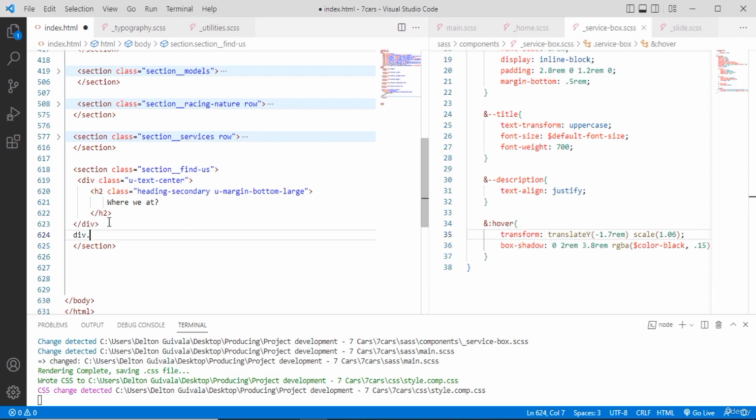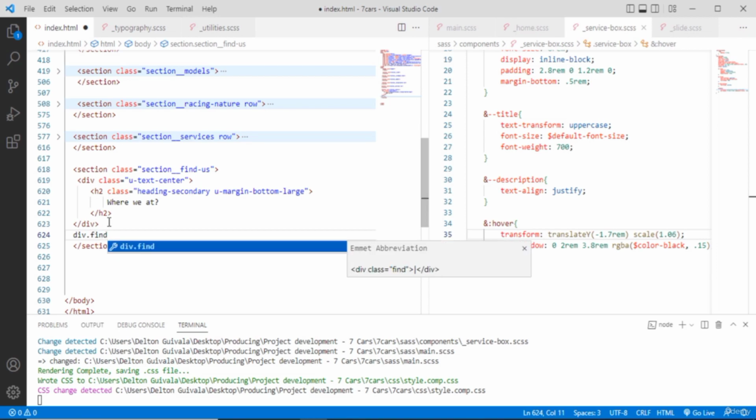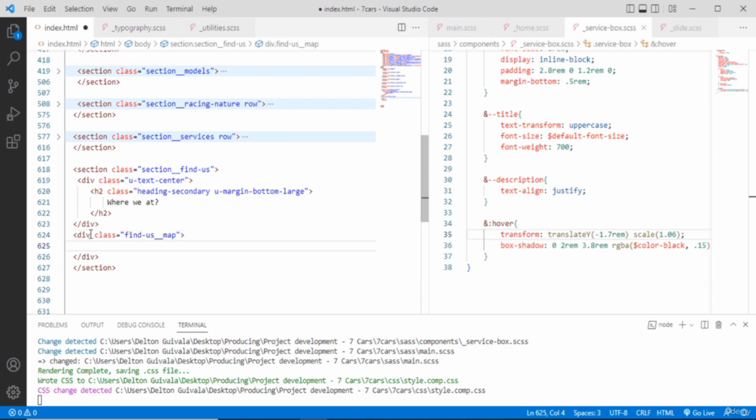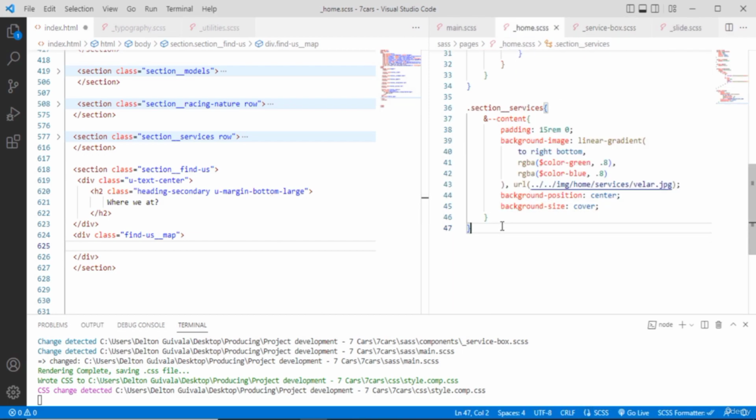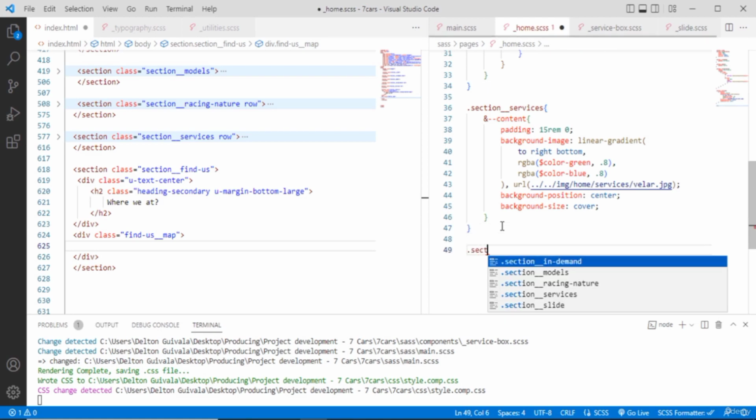Div, let's simply say find us map. And we're going to be placing that image inside of this div. We don't have content, so let's simply start formatting it. This is not going to be a component, so let's go directly to our home, because this is going to be simply in the home page, and start saying section